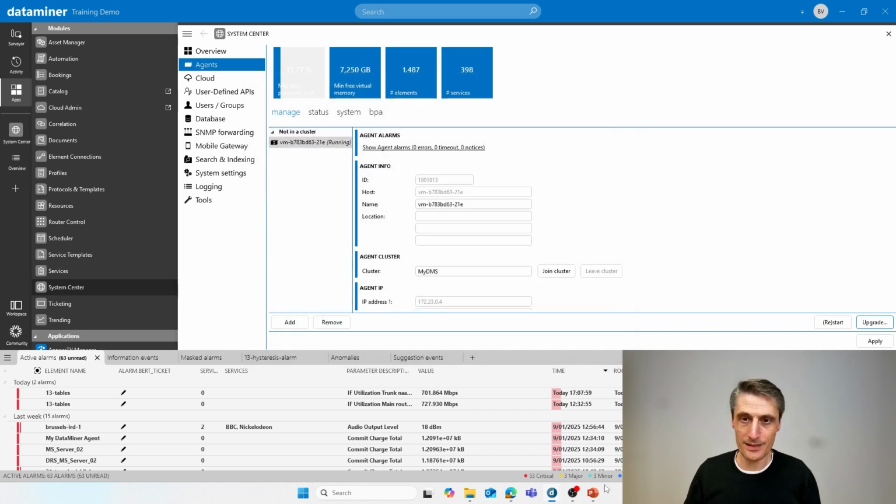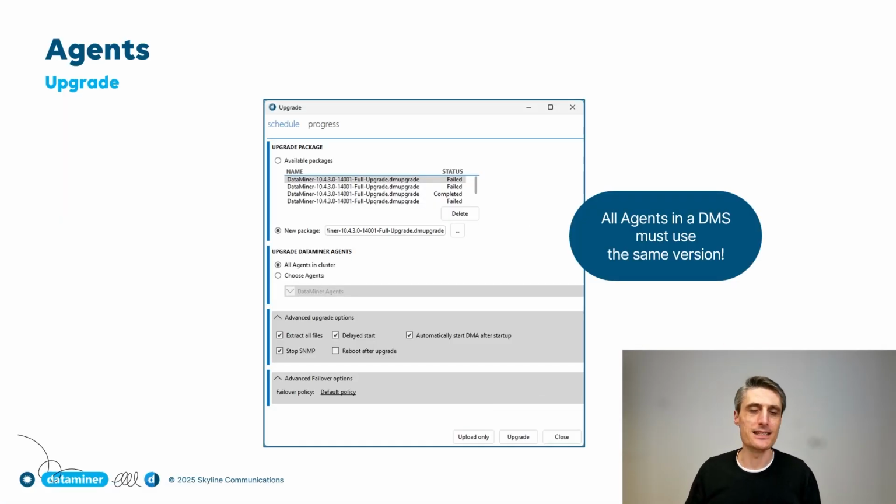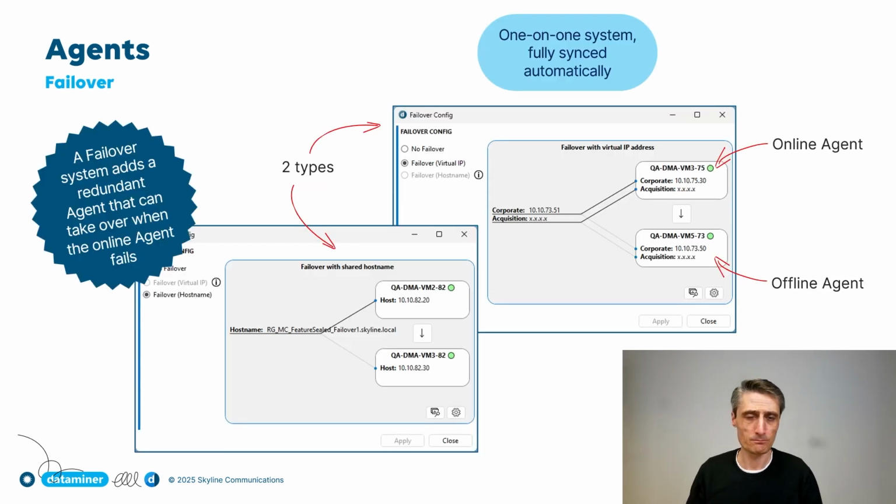Okay, so that being said, that's the upgrades. I would say make sure you are up to date so that all the new goodies are available and you're always up to date with the latest fixes and security patches. Now, that failover, I'm not going to spend too much on failover, but there is that possibility to have one